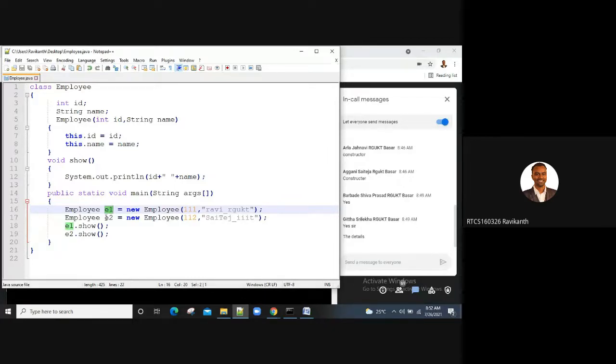So we were just discussing that the main purpose of the this keyword is to differentiate formal parameters and data members of the class. When they are similar, the ambiguity situation arises. We differentiate between formal parameters and data members of the class by using the this keyword.